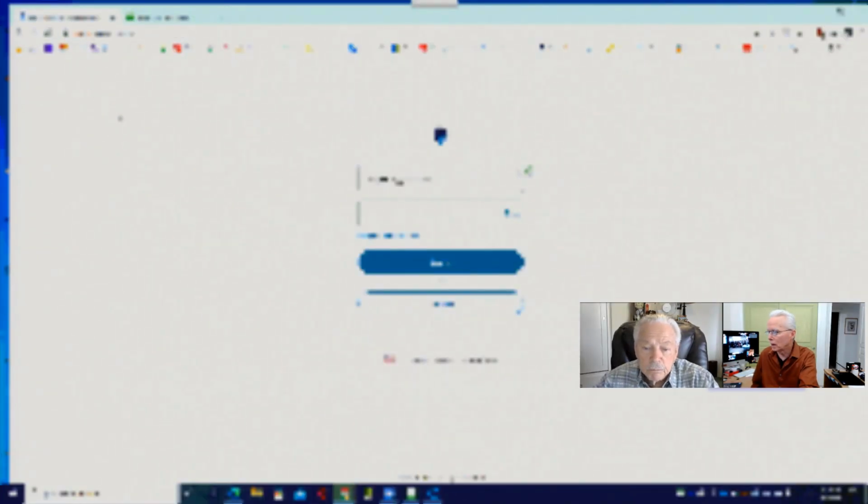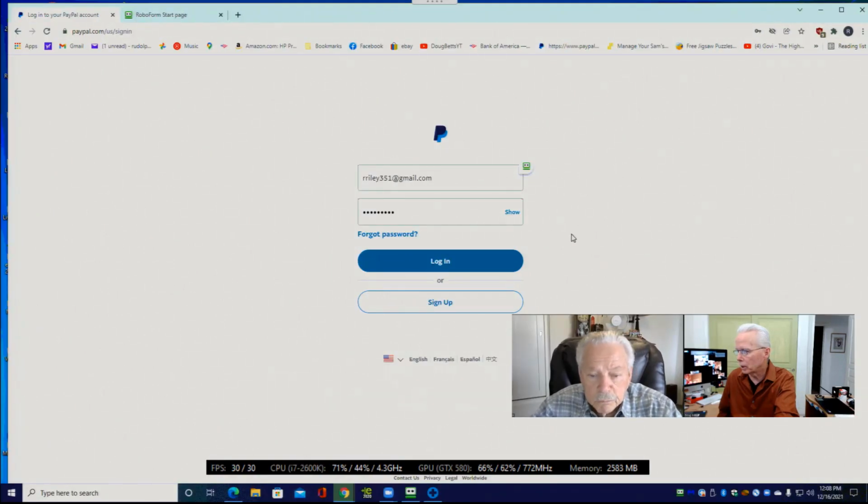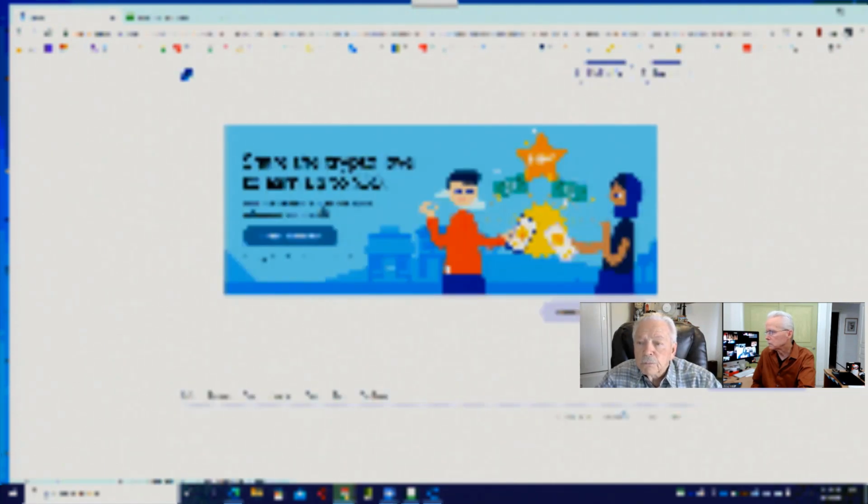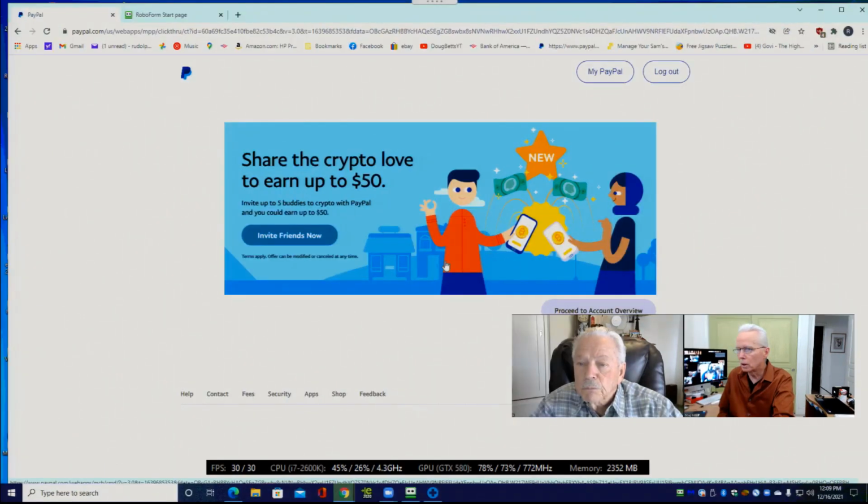And all we have to do is log in with your current password and then change the password. Now, here I want to point out that there's the word show on the right-hand side of this password field. If you were to click on that, it would display the password that is currently in that field. We're not going to do that. So I'm going to click Login. So here we are logged in.